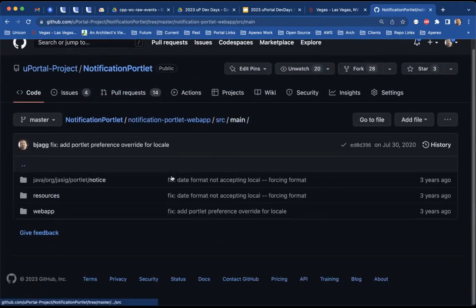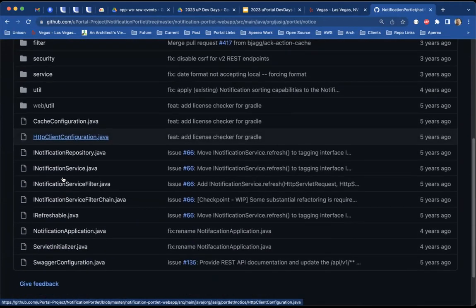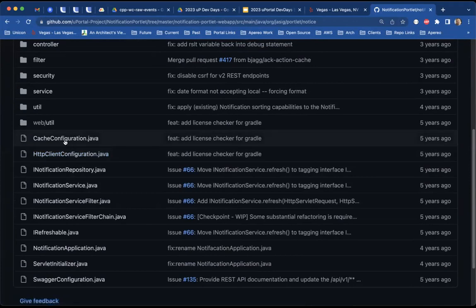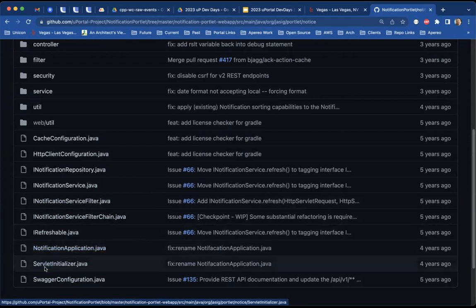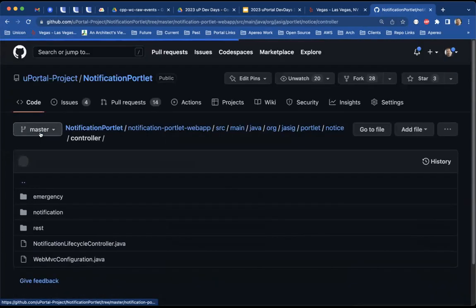So we'll navigate over here to actual JavaScript. If you glance through this list here, you see services and filters. A lot of this stuff will remain and won't necessarily have to be modified. This has been modernized though. We don't usually have Spring Java code for configuration, but this particular portlet does. But if we go jump in here,